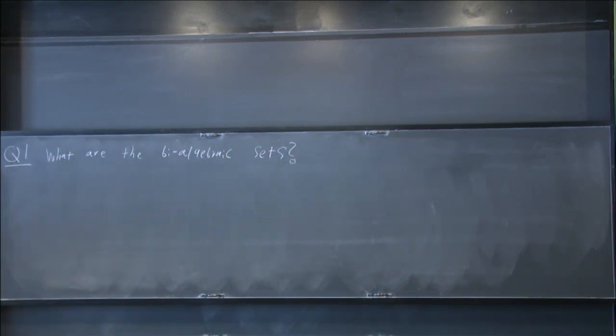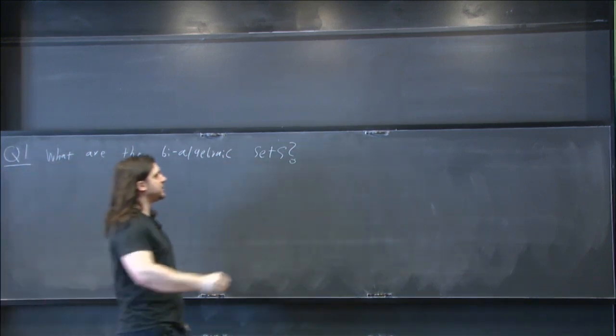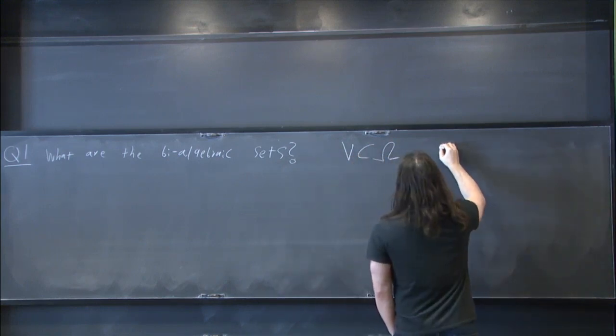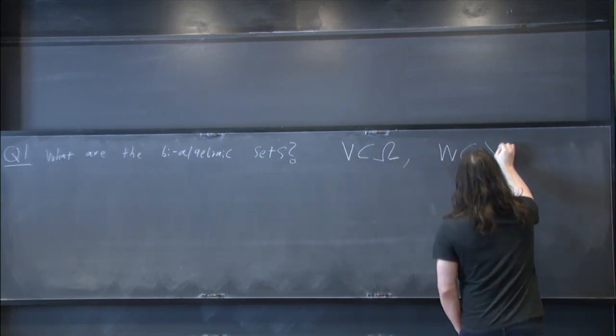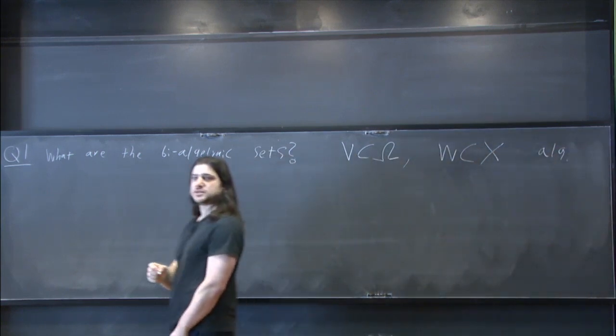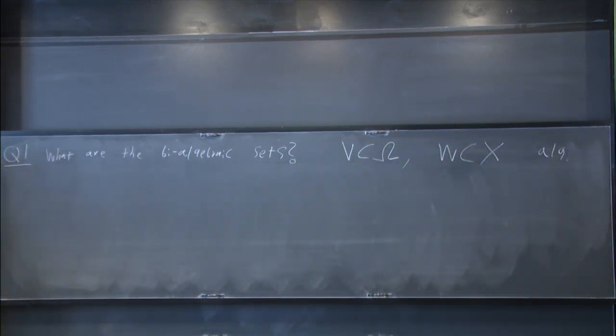In other words, what algebraic relations can be written either in this world or in this world? Or said more formally, we want V in omega and W in X, such that V and W are actual algebraic varieties in the respective algebraic structures,